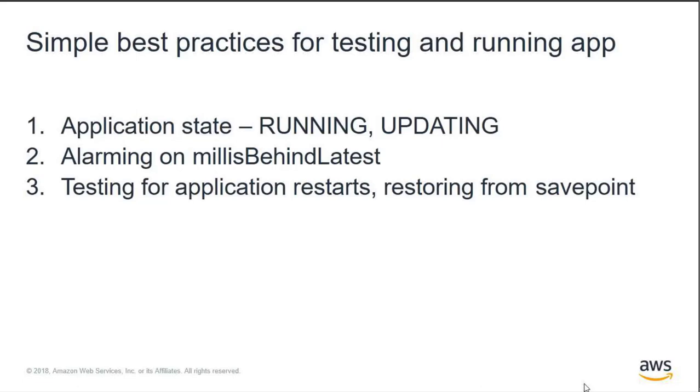Before you move into production, there's a great production readiness checklist in the Apache Flink documentation. The only other thing that we'd say is to make sure that you very thoroughly test application updates and restarts and restoring from savepoints. For Kinesis Data Analytics, this is making sure that you are able to sustain an application update and that your application recovers gracefully within the time frame based on your requirements. And then also make sure that you test restoring from a savepoint, so restoring from that periodic backup. Again, these are some very simple best practices for you to get running using your application.